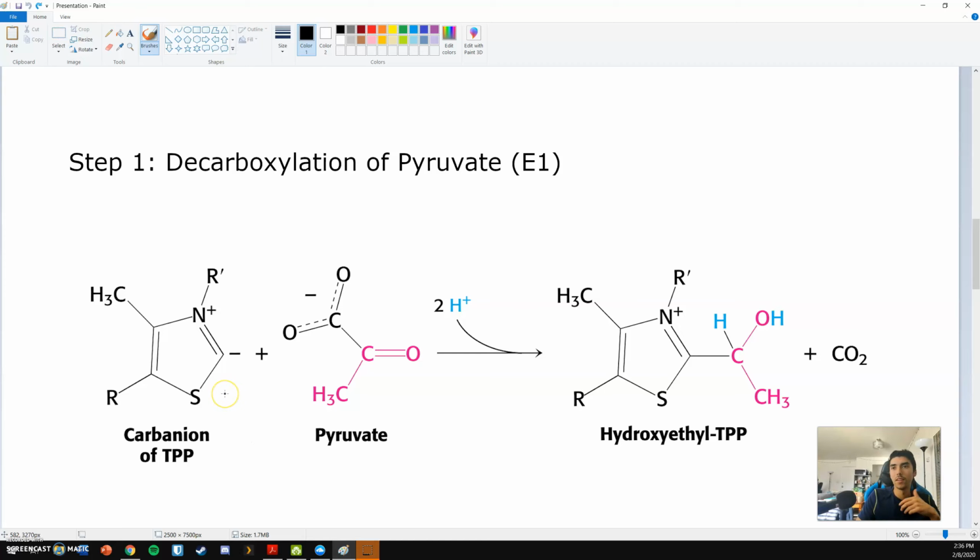So to start things off, let's assume that this is a double bond and this is a single bond. So the lone pair on this oxygen forms a double bond that then breaks apart this single bond so that these break apart. This results in the CO2 formation, but we also get a carbanion,